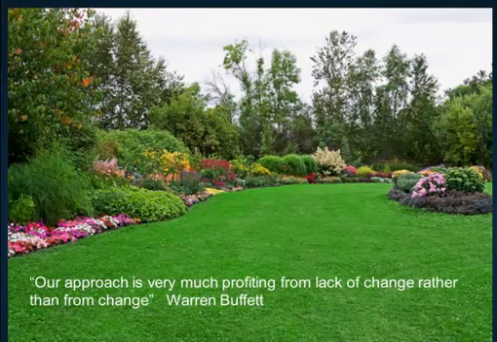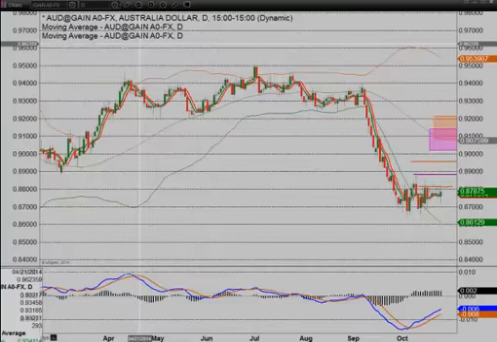Essentially, the chart we look at, here's the Australian dollar chart, we'll start out with that, is absolutely a reflection of those underlying fundamentals that are influencing that market. So what we do is we identify those patterns in the market that demographics, government policy, certainly economics have created, and then we position ourselves to take advantage of those patterns.